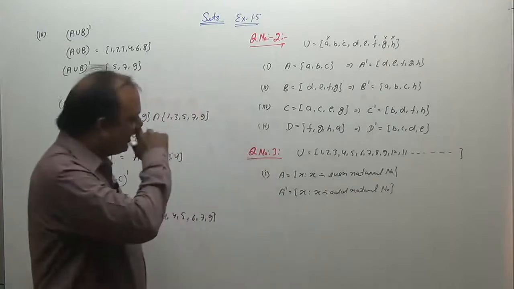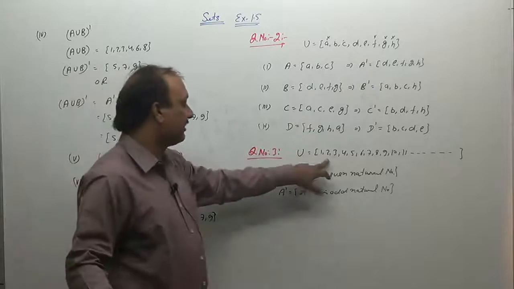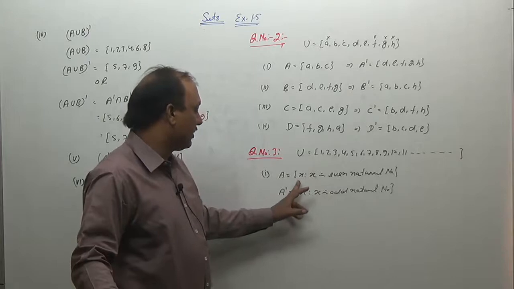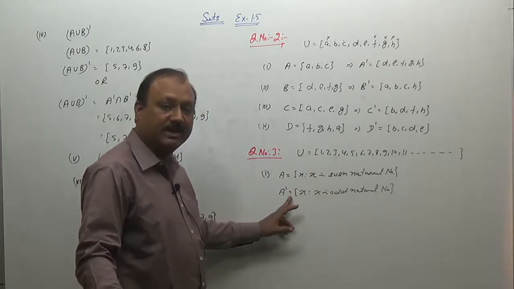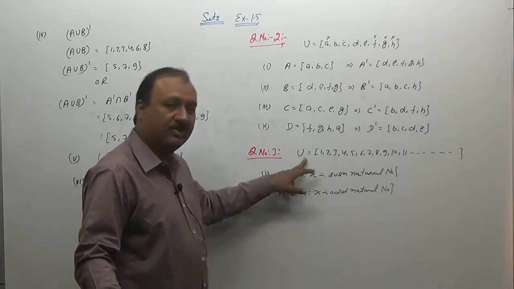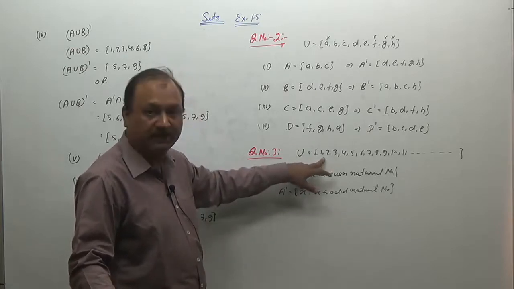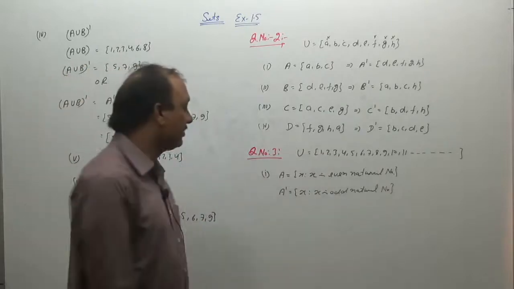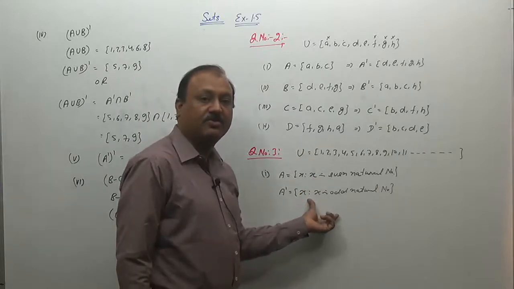So once again I repeat this. Let us suppose the set of natural numbers is considered as the universal set. For the set of all even natural numbers, the complement or conjugate of set A is the set which contains all elements of the universal set, that is all natural numbers except the even natural numbers. So if we remove the even natural numbers from the set of natural numbers, the remaining are odd natural numbers. So here the complement of A will be that set.